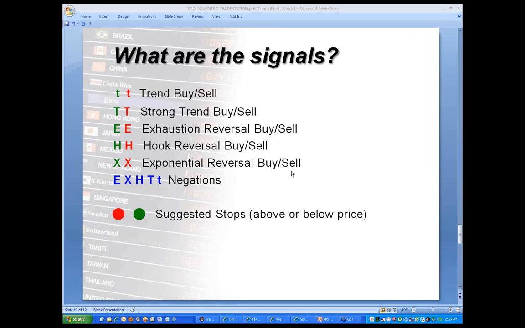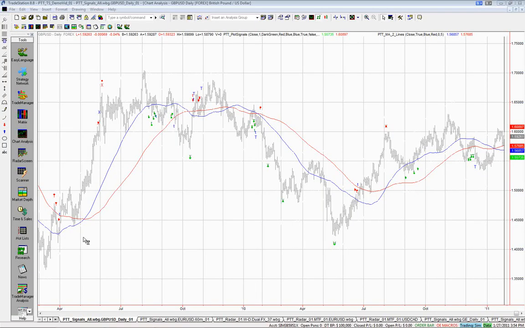Now, the pound daily chart, the reason I'm using this one to start with, and by the way, on TradeStation, if you're not familiar with it, you can use a white or a black background on any of these charts. I happen to use white because I like white. You can use black if you want. As you can see, starting over in April, we've got some trend sell signals,